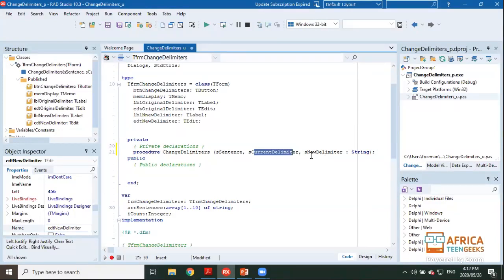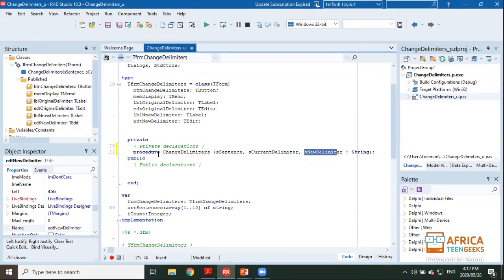And if it's not the delimiter, I will just add that character of my sentence. So in other words, if I'm looking for a space and I want to replace it with a star, I'm checking every single character in the sentence, and if it is an A, I'm going to leave it as is. I'm going to add that A to my new sentence. However, if I find my space, I would rather say, no, don't put that character there, rather put my new